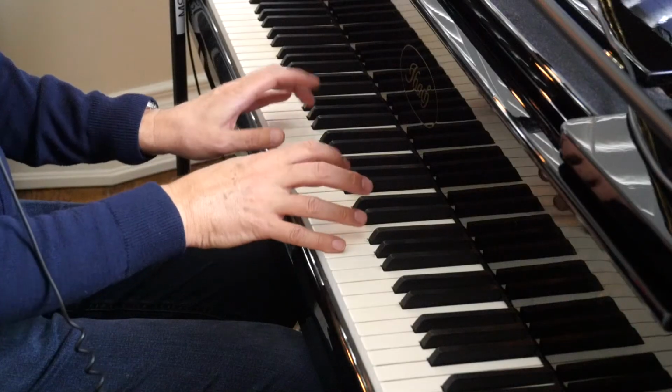Sounds pretty harsh. Why? Because one of those notes is not available. That's the 11th, because it creates a flat 9 with the third, which is probably the harshest interval there is. You wouldn't want to play that very often. Now, it does work in some cases